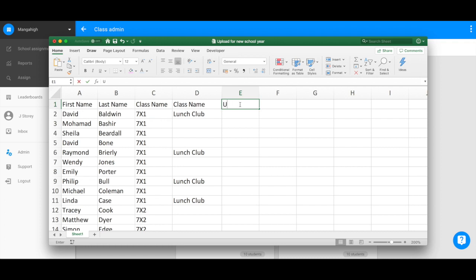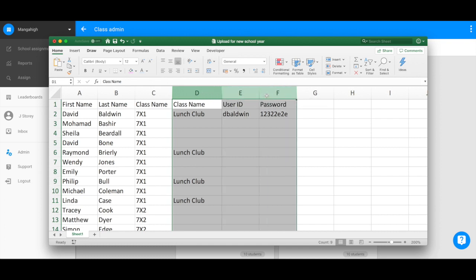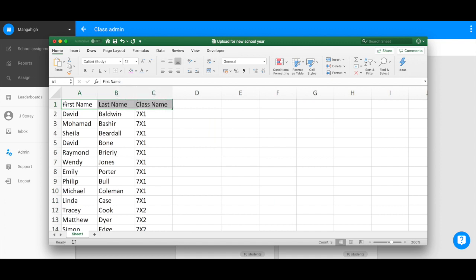You can also choose to specify a user ID and a password. So if I've got a user ID that perhaps David uses for other systems at school that he's already familiar with, we can choose to include that on our upload there. But for today, we are just going to be focusing on the basic upload here. So first name, last name, and class name. You actually don't need a header row in your spreadsheet, so let's go ahead and delete that